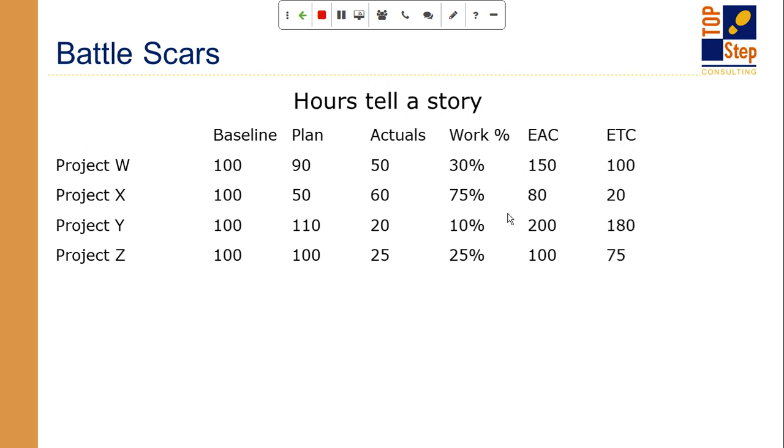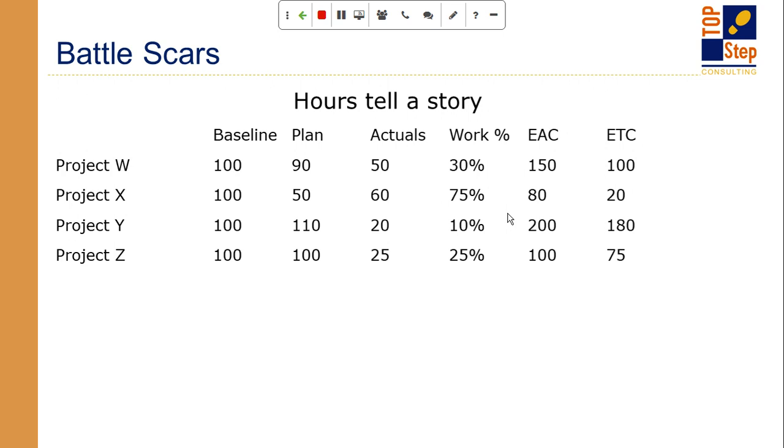Okay. Now Project Y was the one that I was planning to go over budget. And I'm early in the project. I'm at 20 hours in, and I've only got 10% of the work done. But if you follow that early trend, that's already telling me that I'm going to double the budget. I am way over because I'm spending twice as much time to get the work done. And even that small amount of time on this larger project is something where you have a lot of runway now to correct it. So definitely take advantage of that runway and use these metrics, because you can tell this is a disaster waiting to happen if you don't do something now.